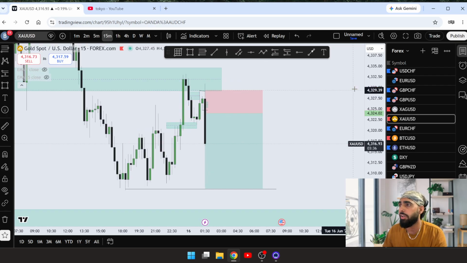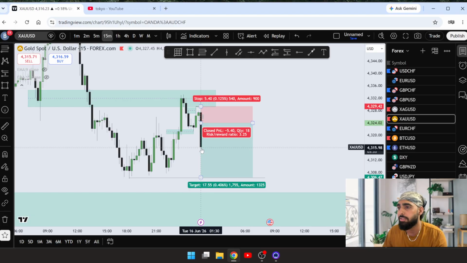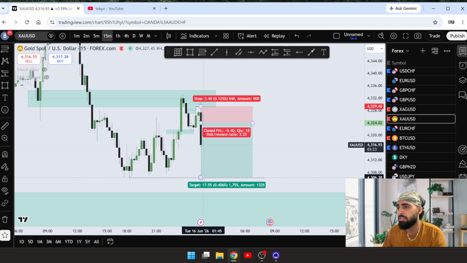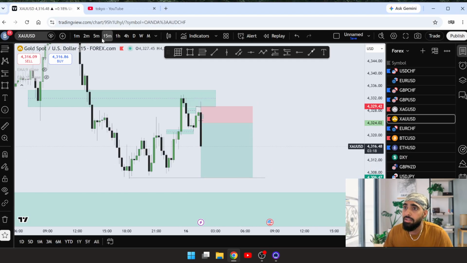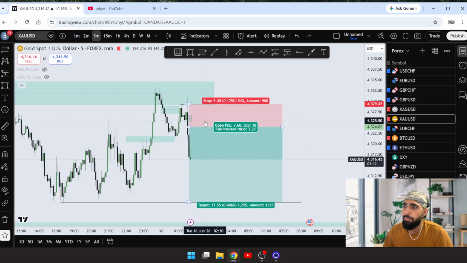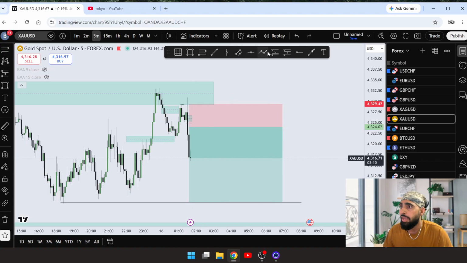So guys, this is how I trade, but today I didn't take any. Oh my god, do you guys see this? This is live. I had shown you when price was literally around here, I guess. So now my target is gonna be below this. I mean, as soon as it hits this, I'm gonna be out of the market. And another safe thing someone can do is, there is a new fair value gap. As soon as market comes to this fair value gap and takes some previous candle low or this low, I'm gonna put my stop loss on break even so I don't get out of the market.